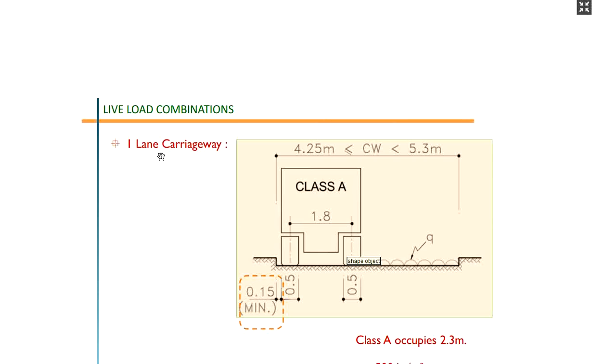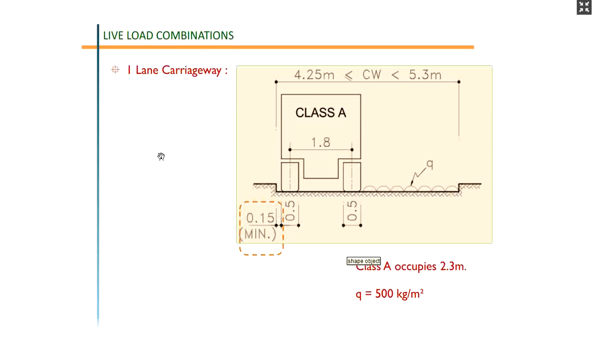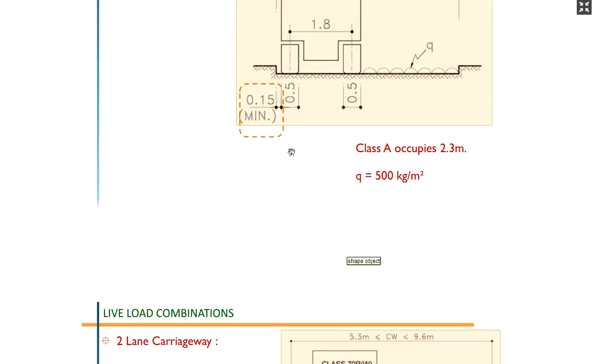we know what our structural width will be. If it is a simple one way lane carriageway, and we take the class A type of vehicle, then class A type of vehicle occupies 2.3 meter width. So 1.8 is center to center and 2.3 is the total width, and total load we can classify. So this kind of point loading is going to be transferred. Apart from that, this Q, that is a superimposed live load, we are supposed to apply. In that way we are going to do the load combination.